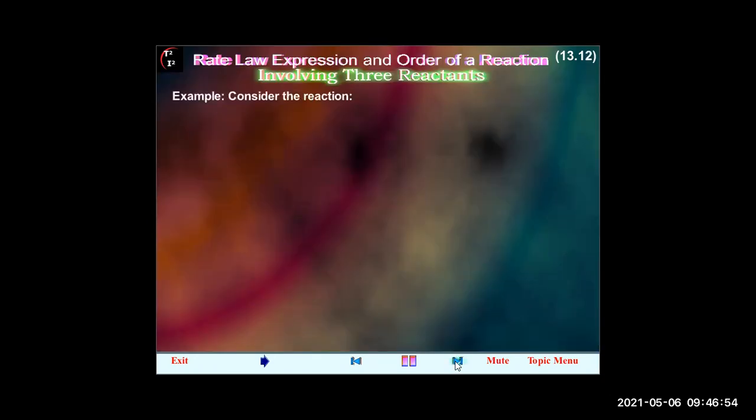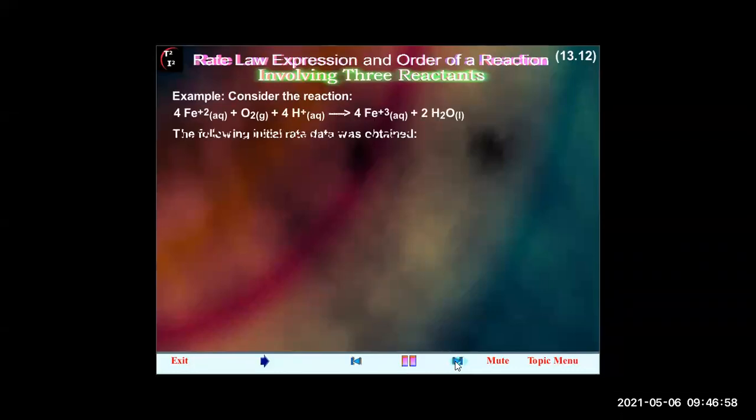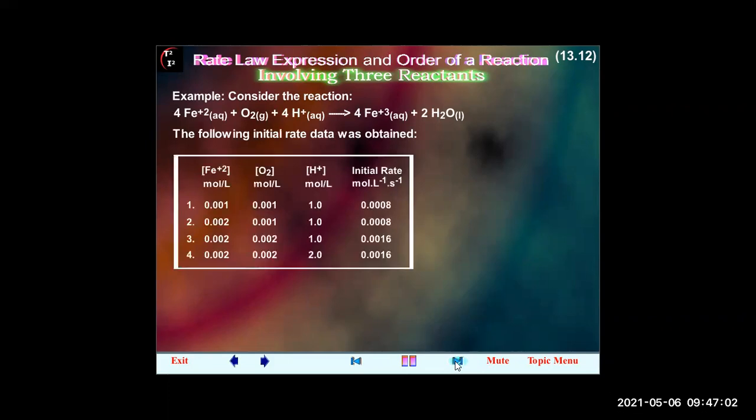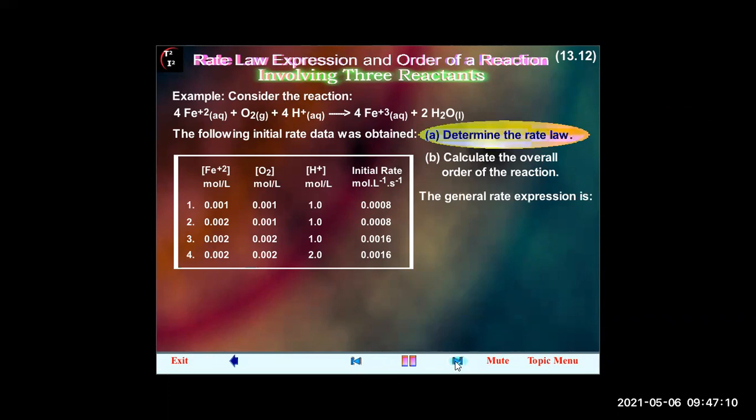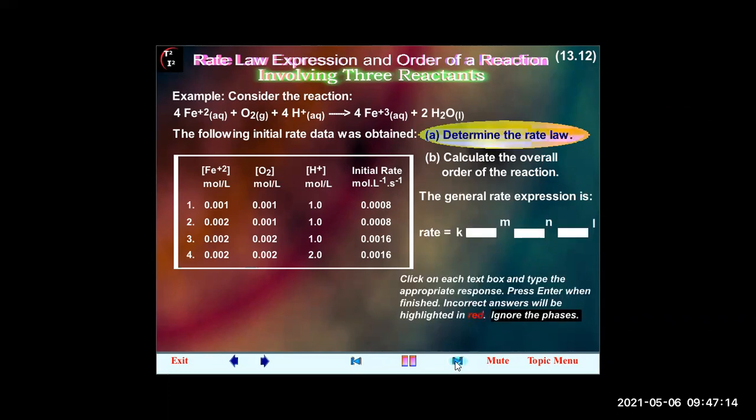Example. Consider the reaction. The following initial rate data was obtained. A. Determine the rate law. B. Calculate the overall order of the reaction. The general rate expression is rate equals K